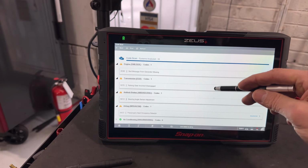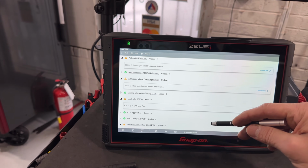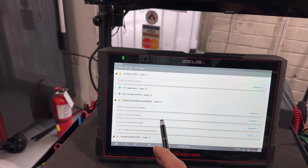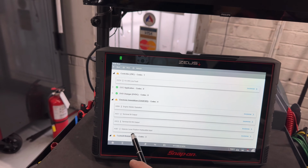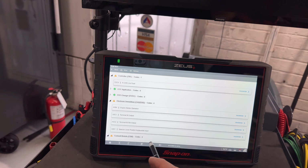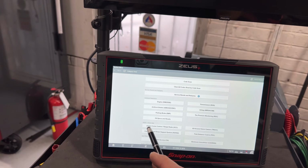All right, so if we go over to faults, we got engine and starter operation, terminal 50 output, select lever position not plausible. This is because we put it in neutral, so disregard that code. All right, so if I go back to the CAS,